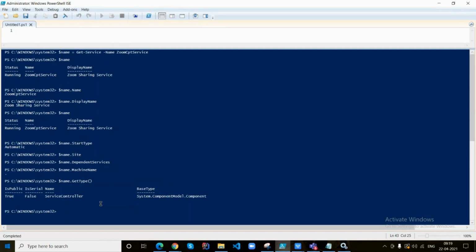So before discussing GetType, you need to know the different data types that can be supported by PowerShell, like integer, string, character, hash table, array, I mean multi-dimensional arrays, and Boolean. We have some listed data types, and some predefined data types to be able to write the script according to our requirement.